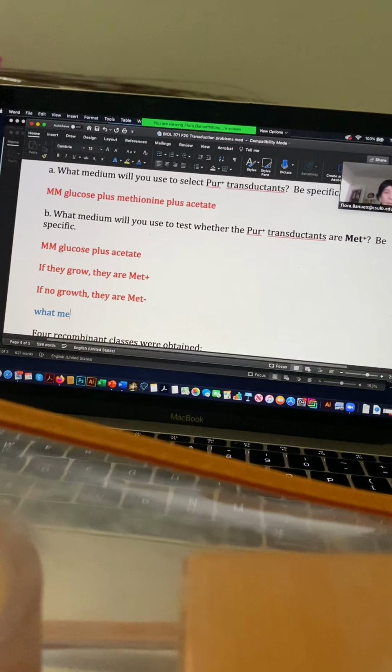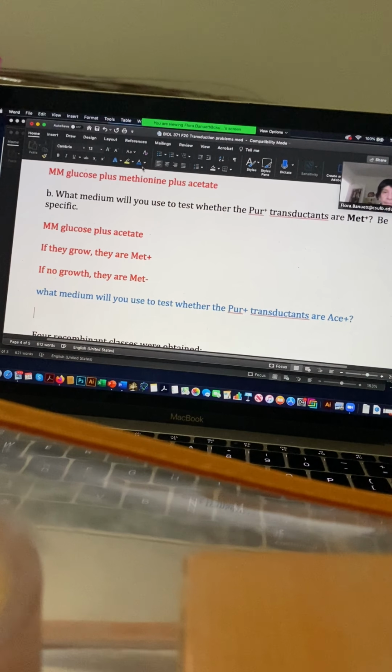What medium will you use to test whether the pure plus transductants are ACE plus? So can you tell me? It would just be minimal medium with glucose. Minimal medium, glucose,